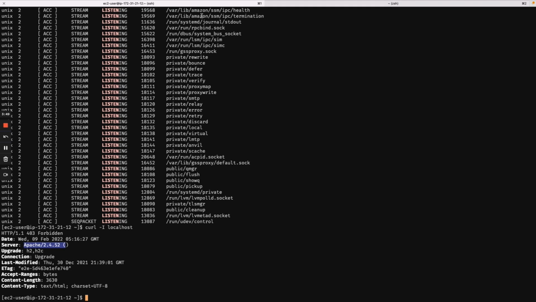if I try on my machine, curl the same command with the public IP address, you can see there is no connectivity. In order to do that, go back to the other